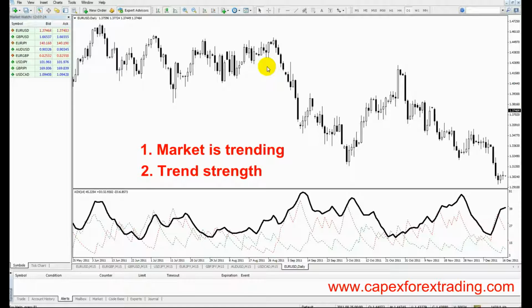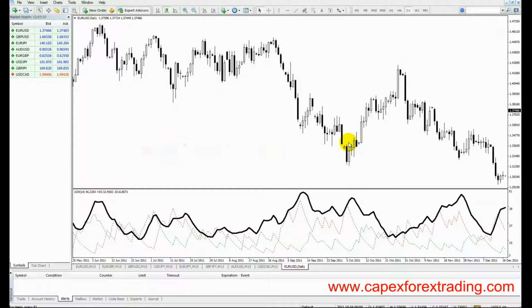So it's a kind of measuring tool for the trends that you see in your charts, such as this downtrend here or this uptrend here. And when used correctly, it will allow us to get into trends early enough and get out of trends before it's too late. Now, we've set a standard setting of 14 periods to the ADX indicator, as you can see here,